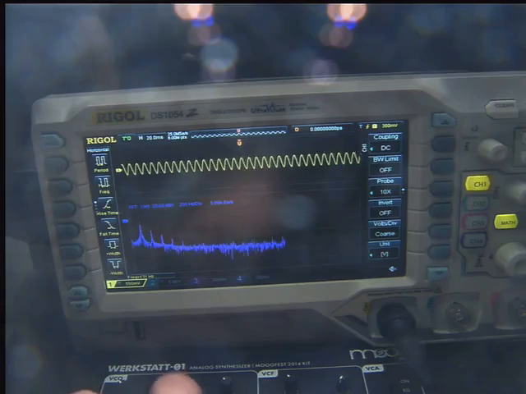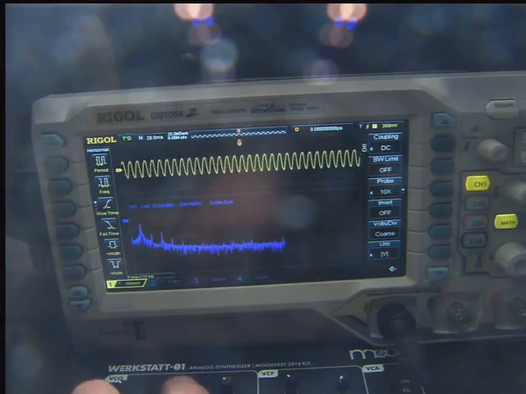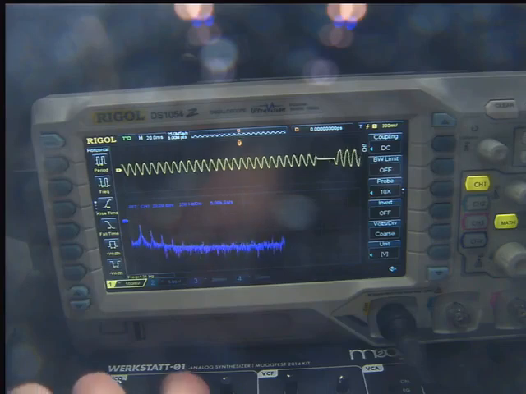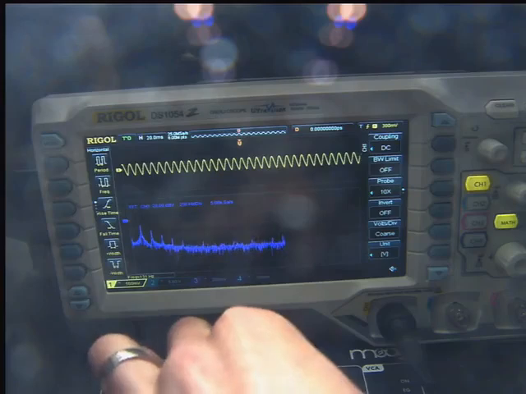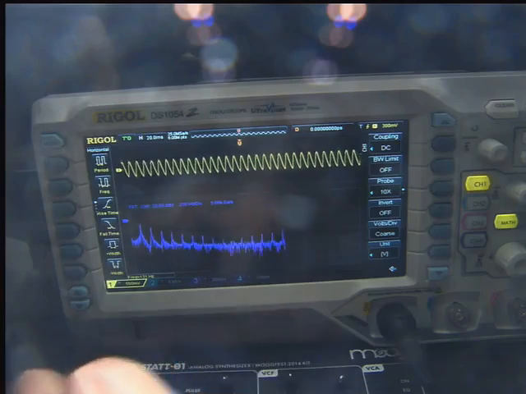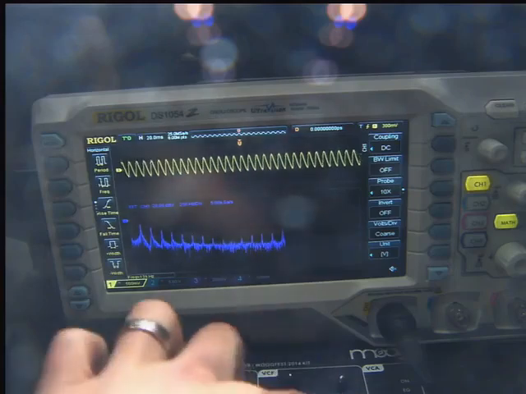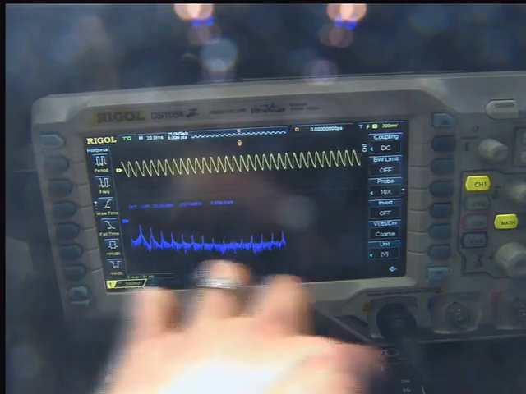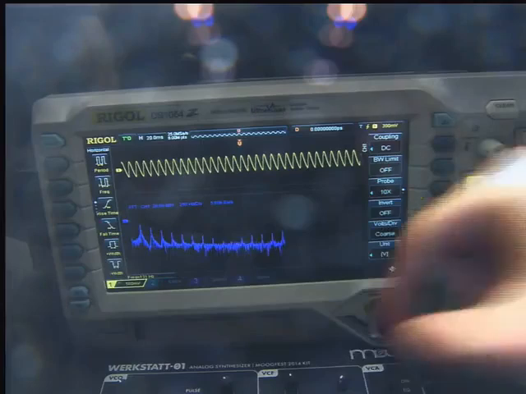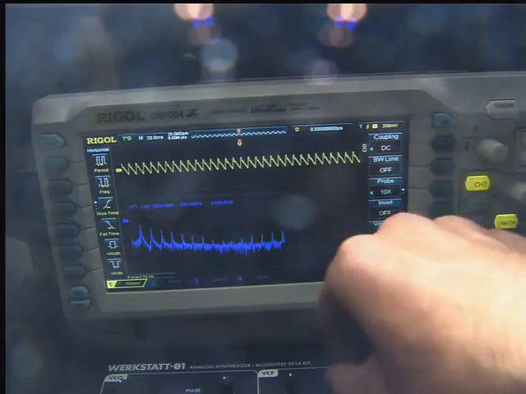But I would still argue that the human ear can do a better job of telling that something is different between these two. Because again, they both sound kind of muffled now compared to what they were, because we've done all this filtering on it. But you can still tell there's a world of difference in the sound. And there's one other thing you can do here, which is play around with this resonance knob. And this is what I was saying before, this will actually add a peak at the cutoff frequency.